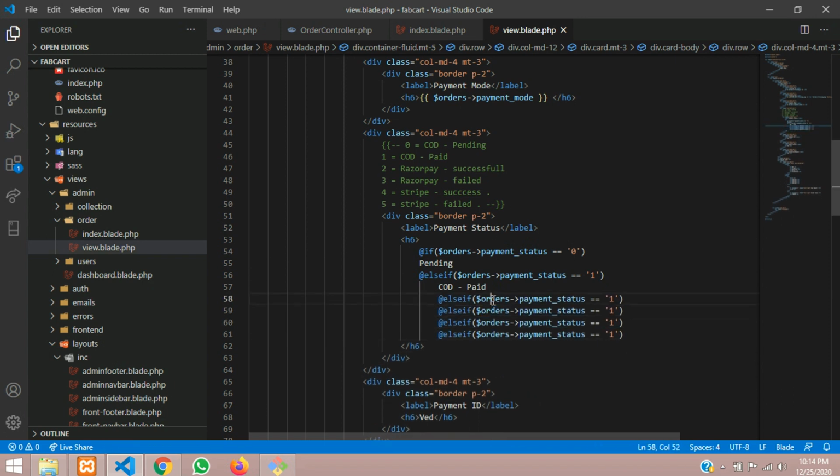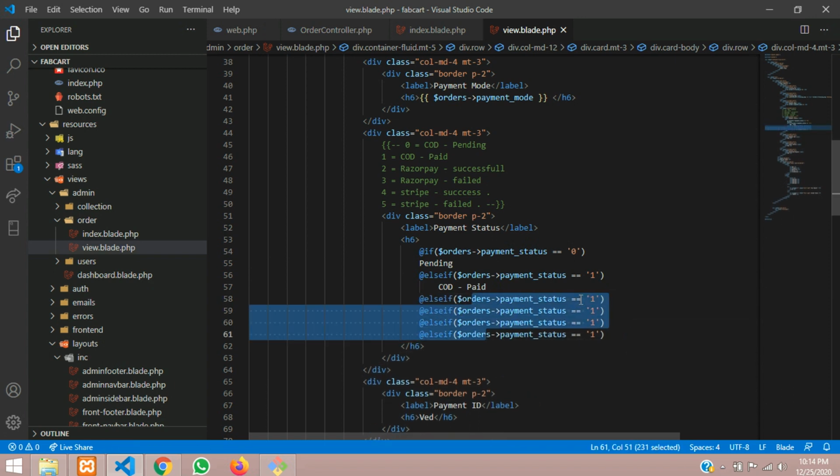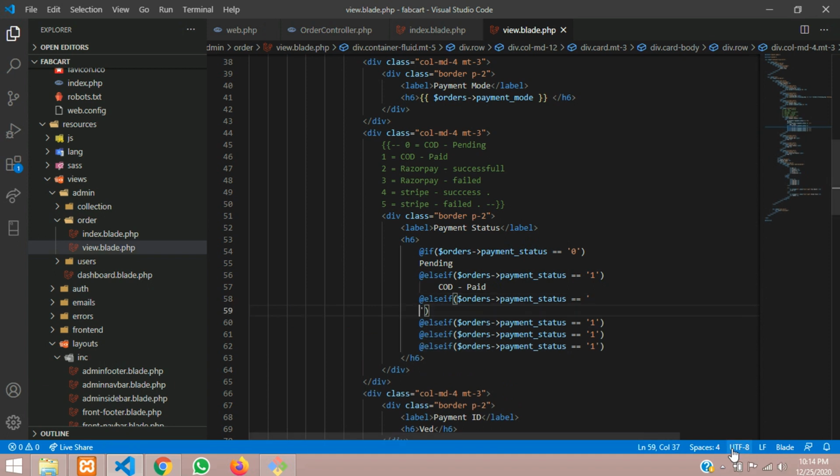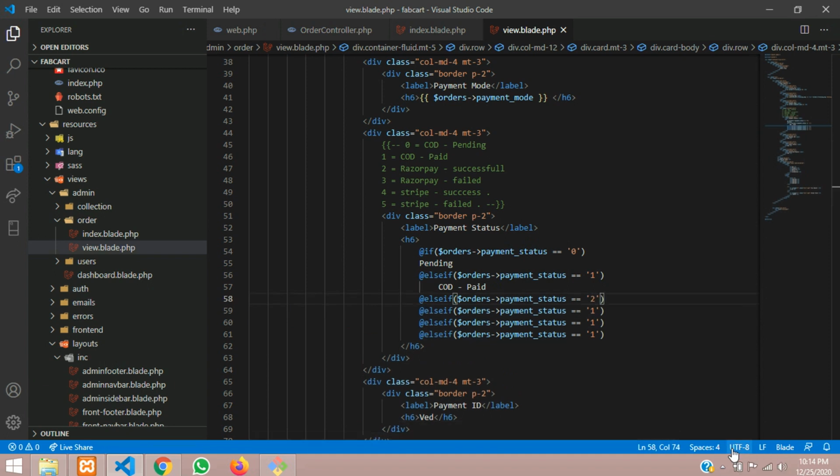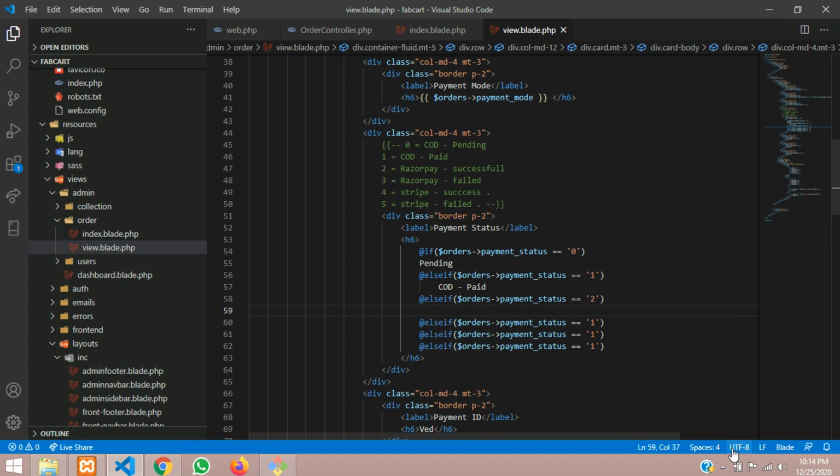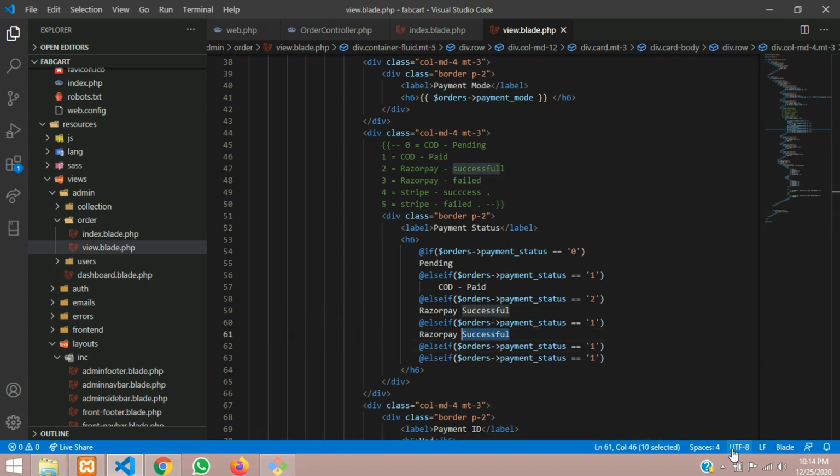So same way you have to paste for everything, right? So if it is 2 means here we will tell as Razorpay successful, here we will say failed, and this will be as 3.